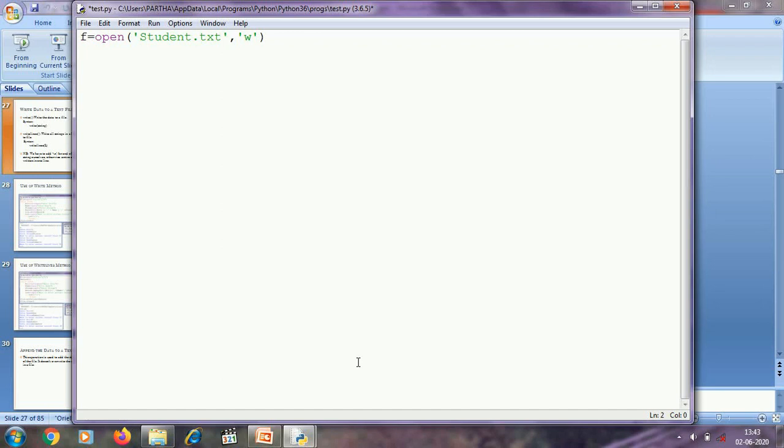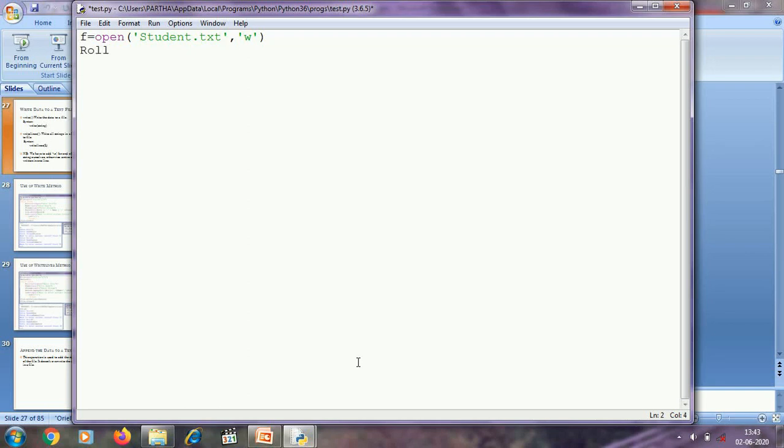will be created. After opening, I need to collect the data from the user that will be written in the file student.txt, as I am going to write student details. So for that, I need to get the roll, name and stream from the user.